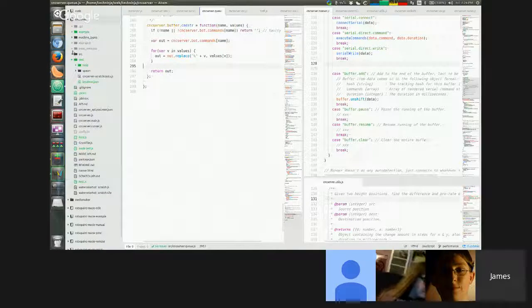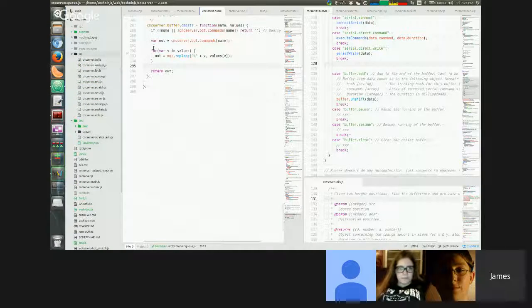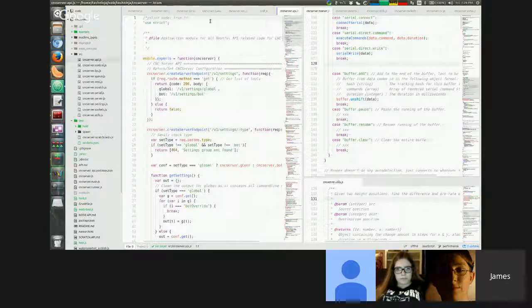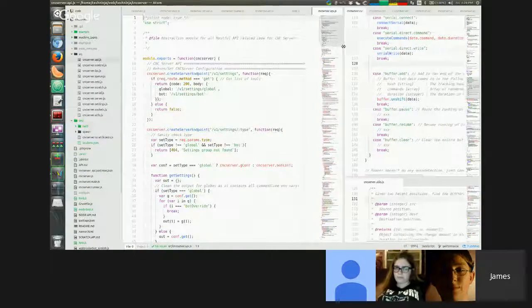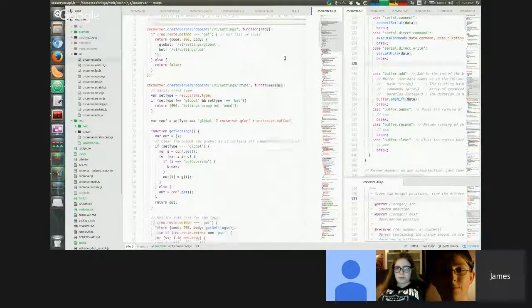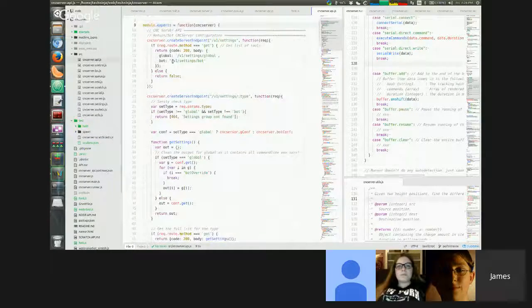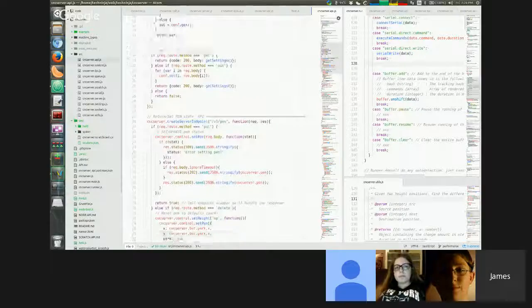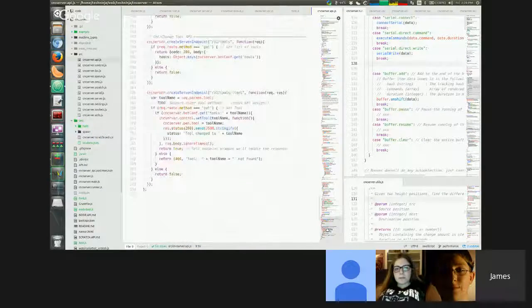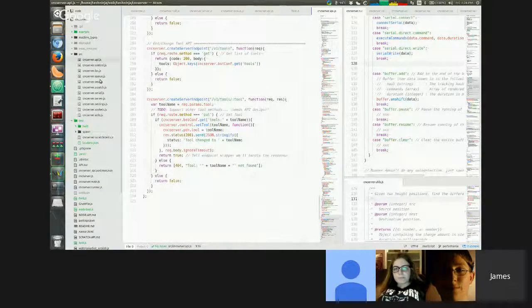I am a little lost about where I am right now. Source is where I'm keeping everything. So all the API stuff is in here. I put a thing in Atom, so it puts a red line on everything that is wrong. So if I put one extra character here, it says, "No, you can't do that." It's called linting. It tells you that there's a problem, but I have no issues right now on this file. And so that's all the API stuff. The API stuff is relatively short. Look, it's only 300 lines.